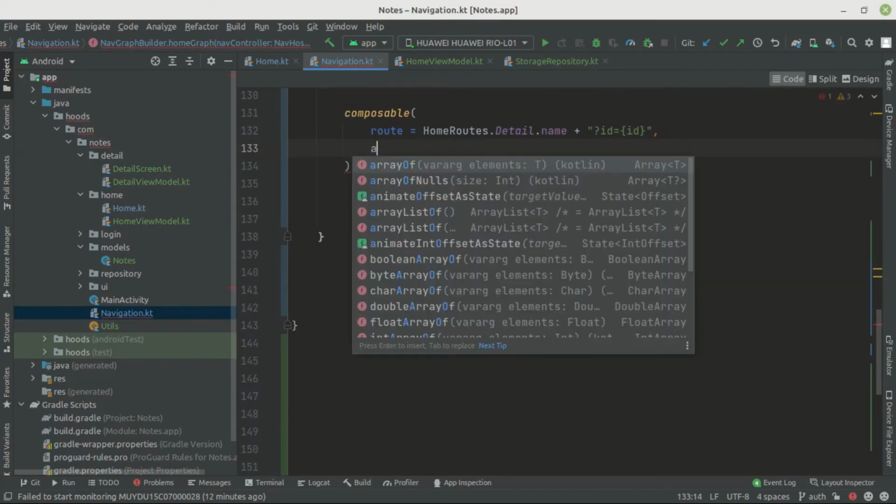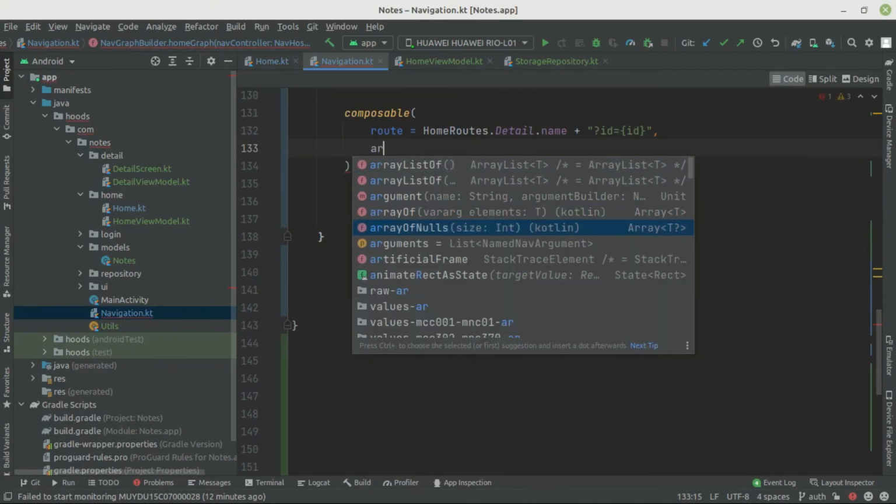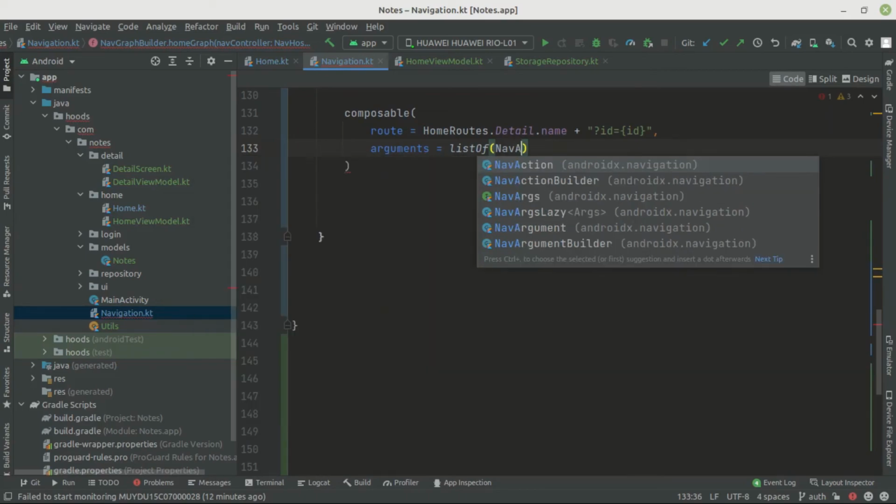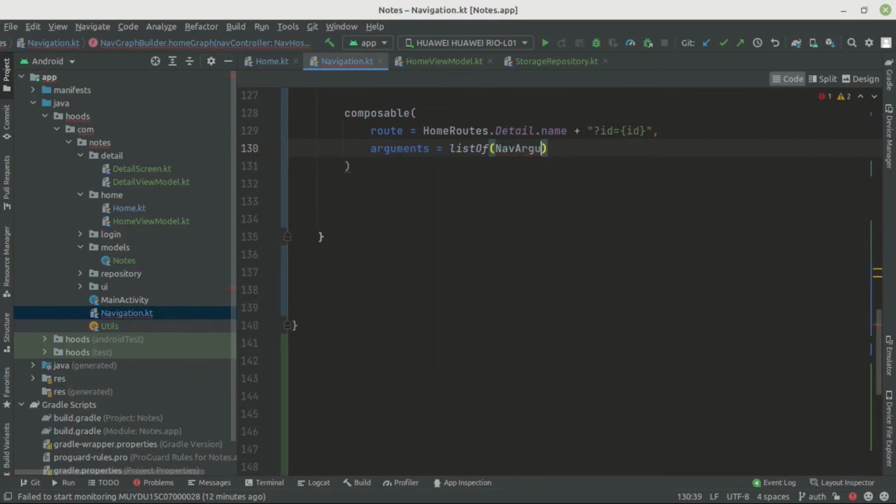And we have to pass in here the arguments parameter, and here we can just use a list of, and we want to use the nav arguments. And here we have to specify the name, and for this case we have already specified the name of the ID, and this is just going to be the same name. Okay, so here we have now our parameters, so we can define a type, and for our case this is just going to be a string type,